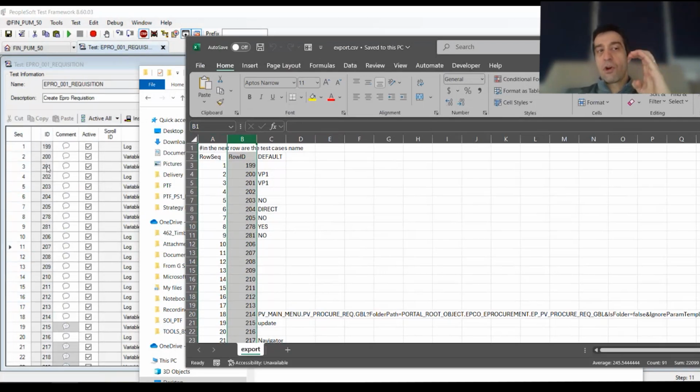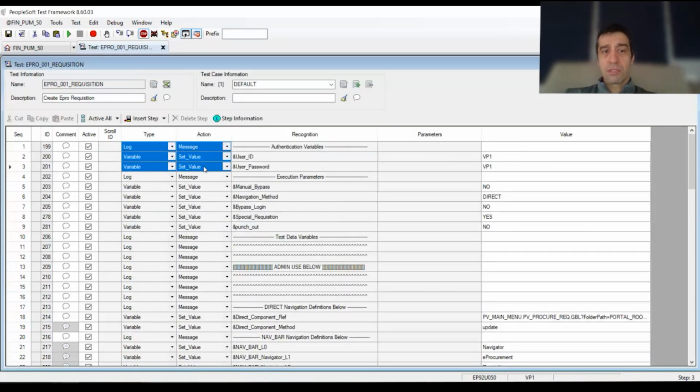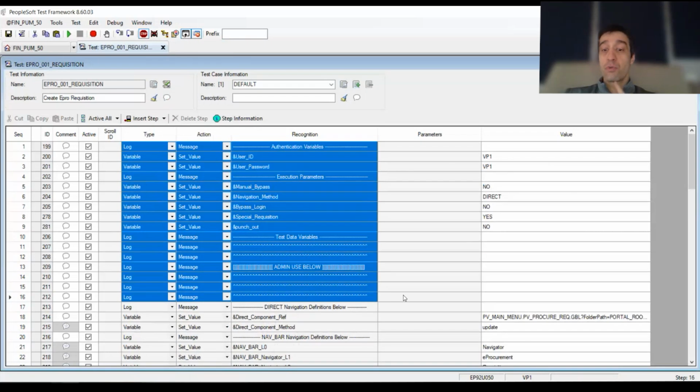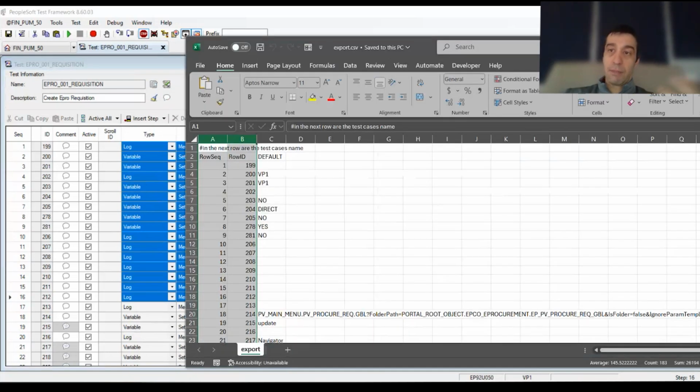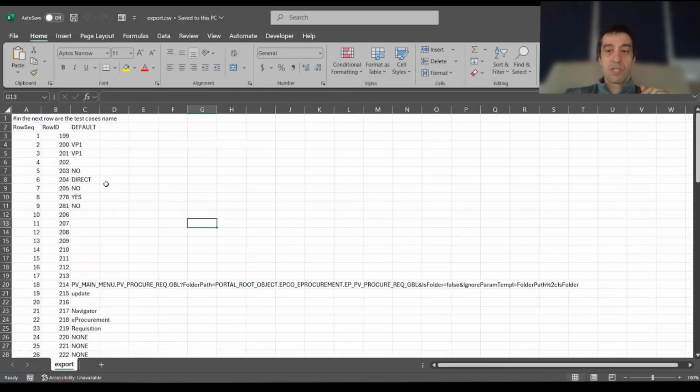The IDs are, as you manipulate a test, a new ID just gets generated for the lines that you've placed in the test. So these two do get pushed into the Excel, but the actual type, the action, the recognition do not. Outside of PTF, they don't mean a lot, and maybe for security purposes, they choose not to